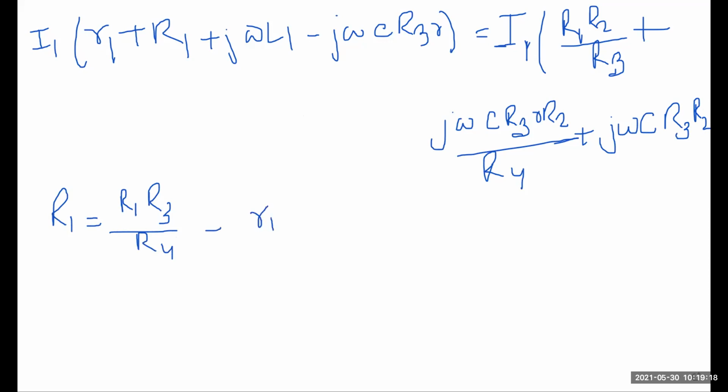This is one equation, and the imaginary part is L1, that will be equal to C R3, you can also write C4, C R3 by R4, and here in bracket you will get